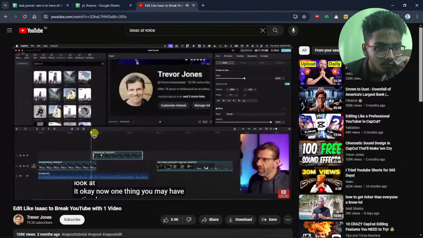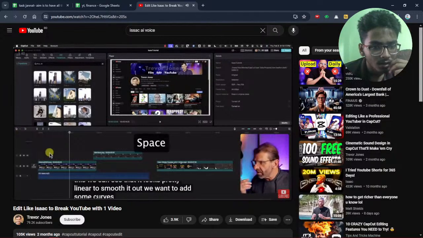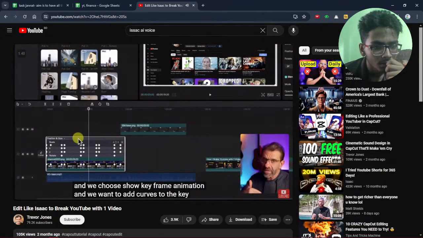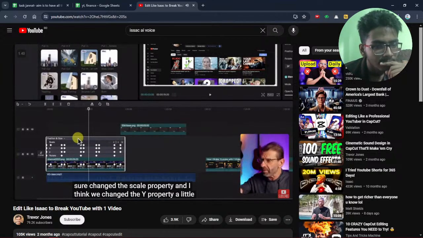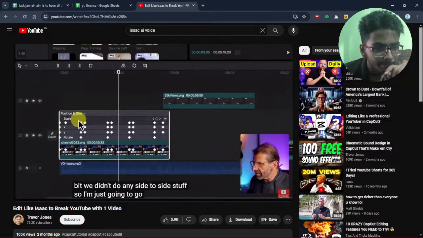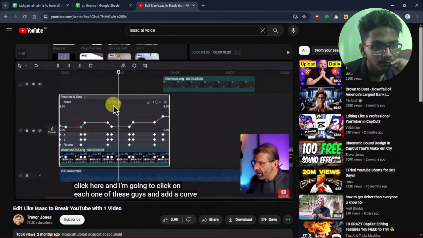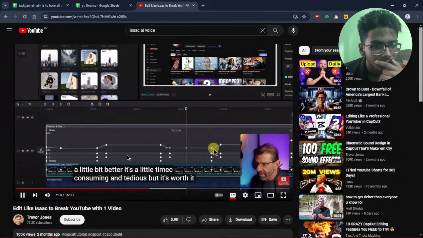Okay, now one thing you may have noticed with all this stuff, if we play this, we can see that it looks pretty linear. To smooth it out, we want to add some curves, so we just right-click on it and we choose Show Keyframe Animation, and we want to add curves to the keyframes that we actually changed. We for sure changed the scale property, and I think we changed the Y property a little bit. We didn't do any side-to-side stuff. So I'm just going to go to Scale, double-click here, and click on each one of these and add a curve right here. Let me zoom in so you can see a little bit better. It's a little time-consuming and tedious, but it's worth it. In other apps, you have